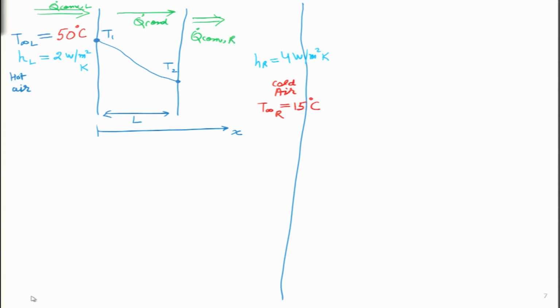I will also put some numbers over here for the various dimensions. So the L value I will take as 1 meter for simplicity. The cross section of this particular wall I will also take as 1 meter square. The thermal conductivity of the wall I will also take as 1 watt per meter Kelvin. So, just for simplicity I am taking this.